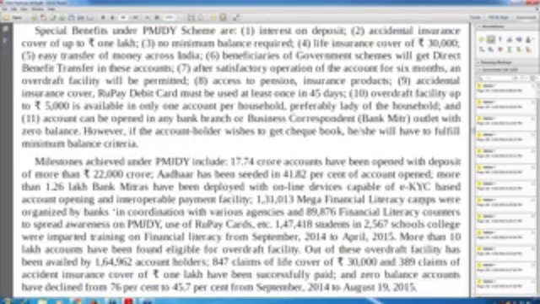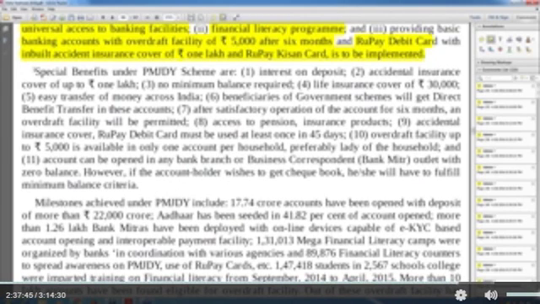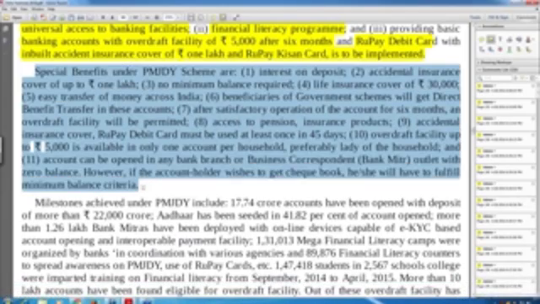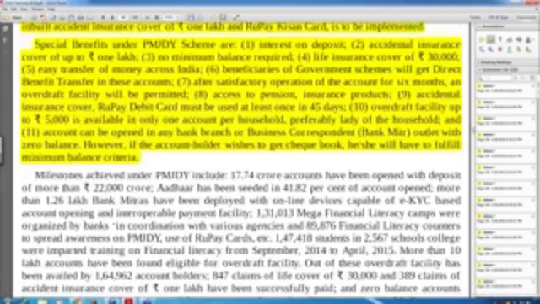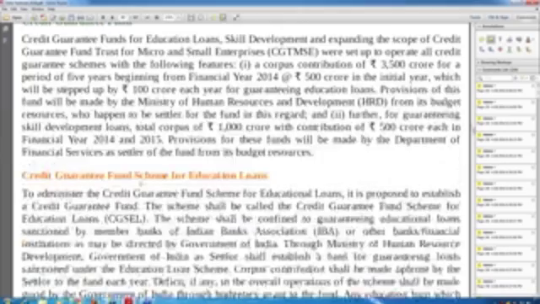These other benefits, you have 6 in total. The special benefits are given. You can read again, it's factual. No need to look into it much. Right? So see this once. Another important scheme of the government